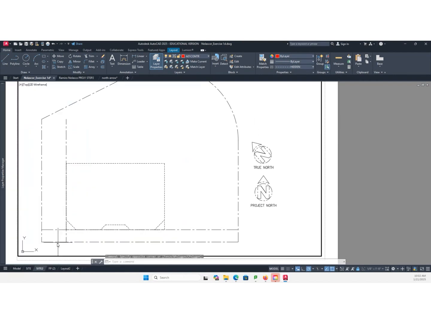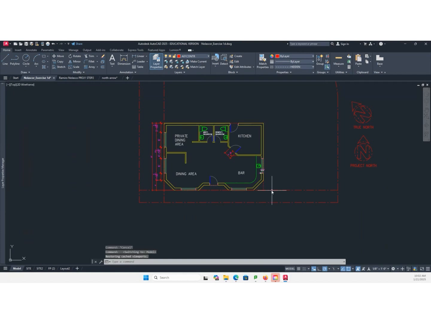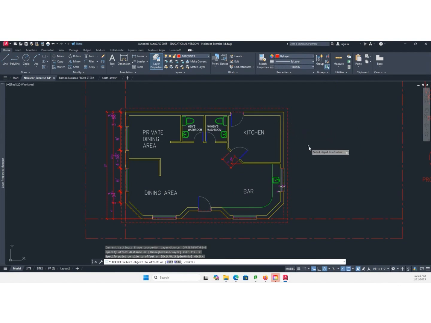Okay? And then from here, we want to offset this hidden line by the distance of your overhang. So I'm just going to say offset by 1 foot. Okay, there you go. Offset by 1 foot.